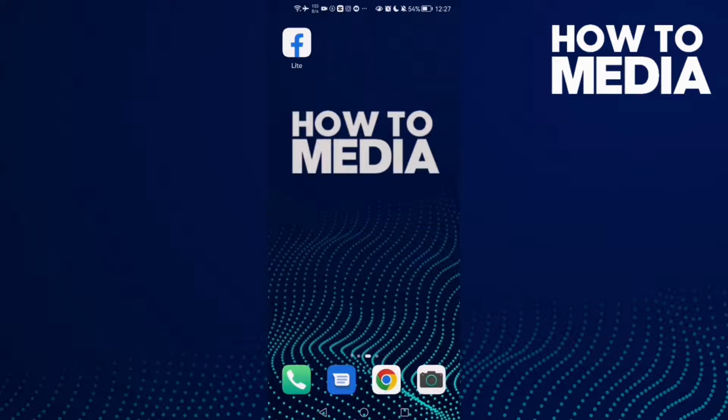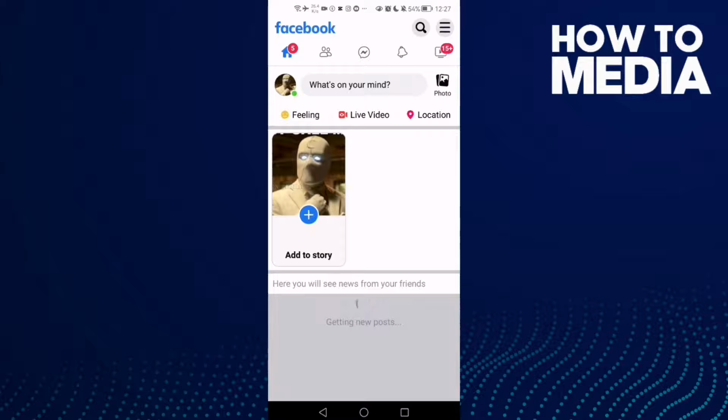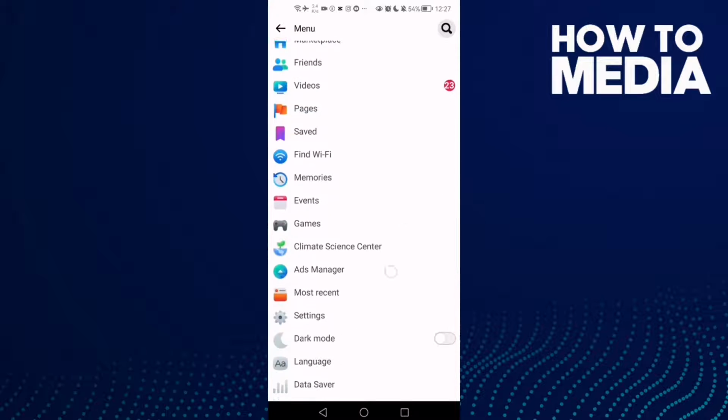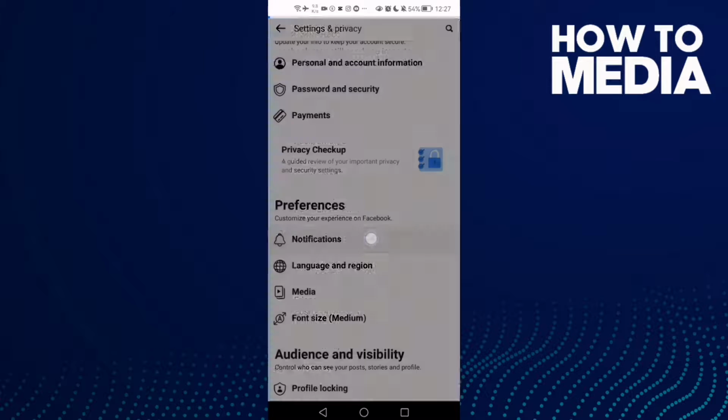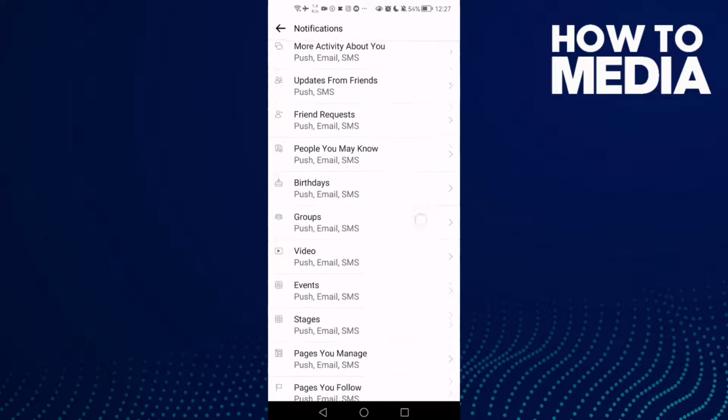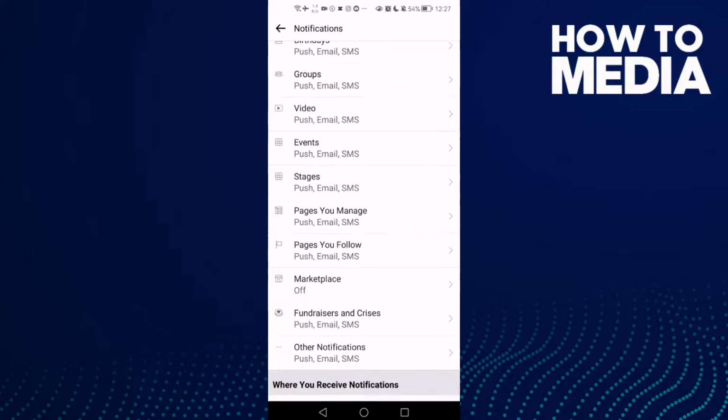First thing, go to Facebook Lite and you just click these three lines in the top corner, and after you click on it, go down. Here you will find settings and then notifications, and now just go down until you find